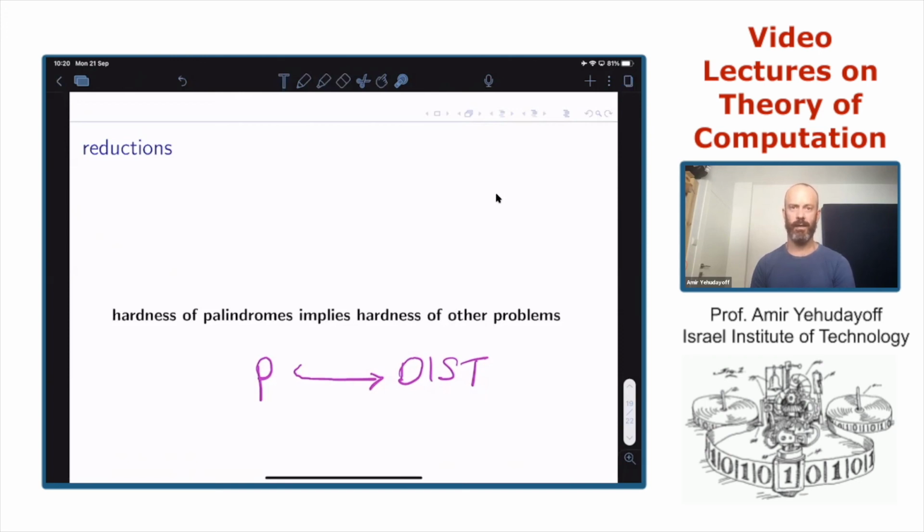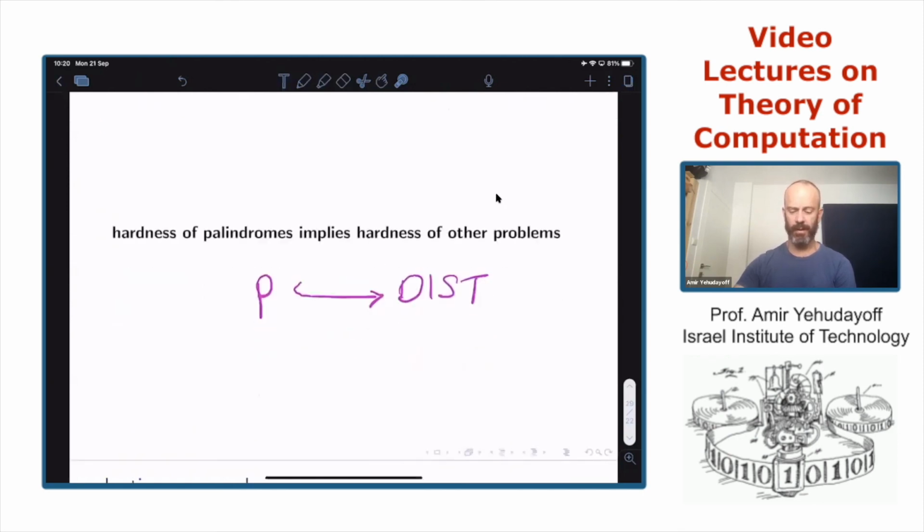You will see more complicated reductions later in the course, and you will see the importance of reductions when we discuss computational classes. But I want to demonstrate it now for palindromes in a very simple example.